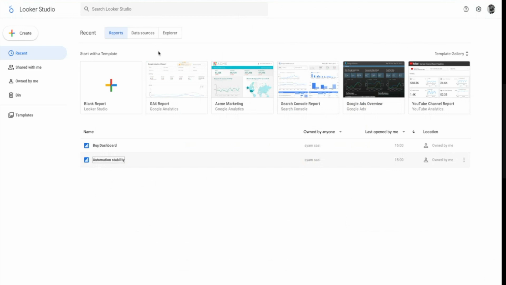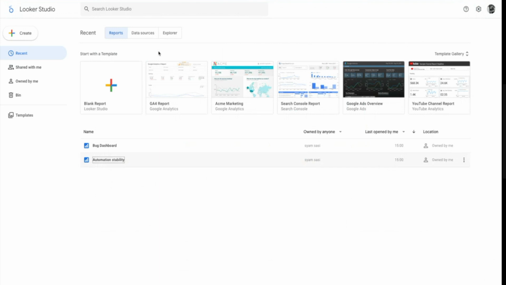There is a pro version, Google Data Studio Pro, but most of the features are already available in the free version. So if your team size is quite small, and if you have a smaller budget, or if you don't have any budget at all, maybe Google Looker Data Studio is something you can try out. It can be easily shared with others, and you can have email notifications triggered, so many things you can do with it. So in order to create a dashboard, just go to lookerstudio.google.com and sign up